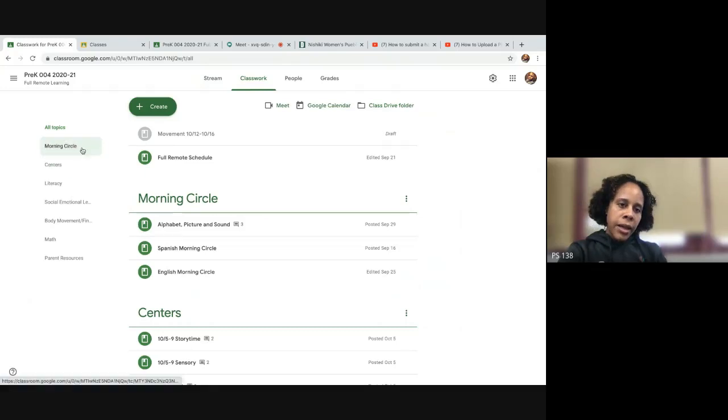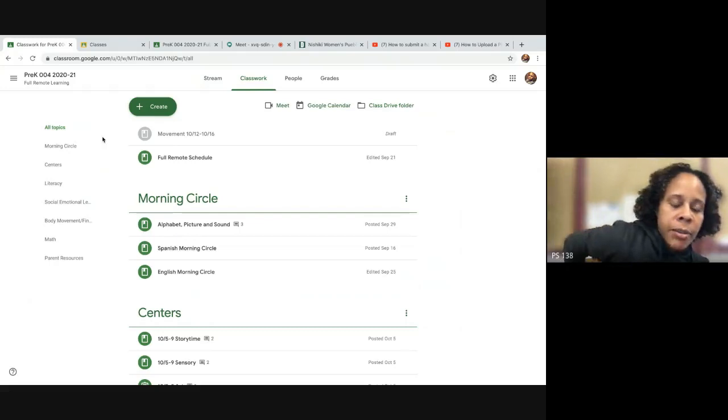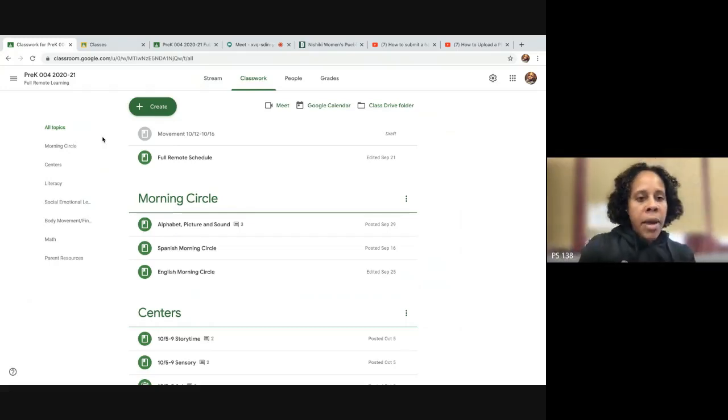In pre-K, we have used these topics, which is morning circle, centers, literacy, social emotional learning, body movement, math, and parent resources. In the upper grades from kindergarten to grade 5, they have separated it between literacy, math, science, social